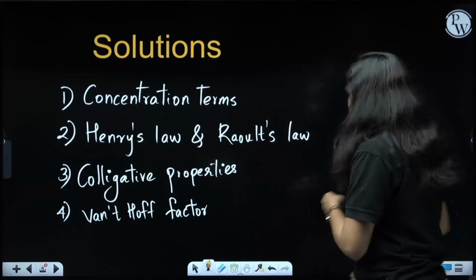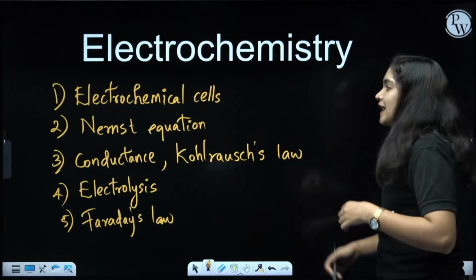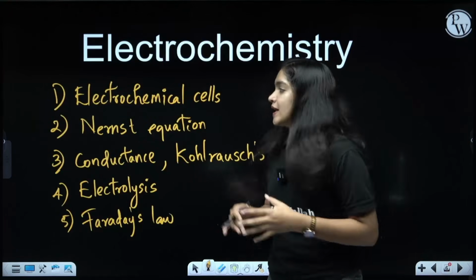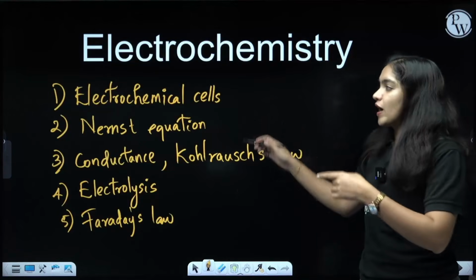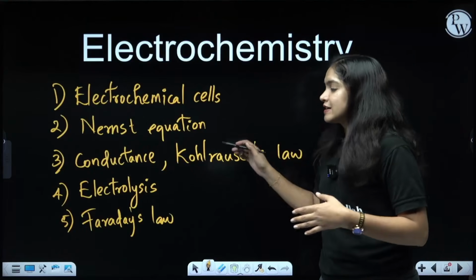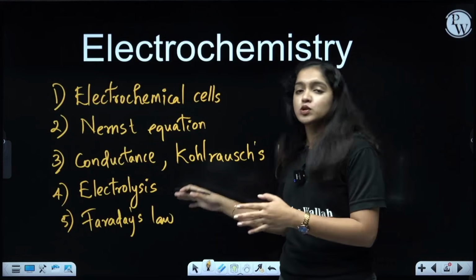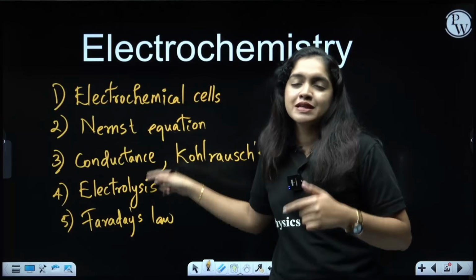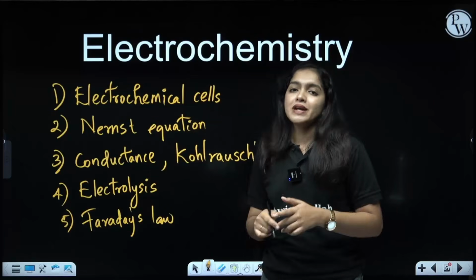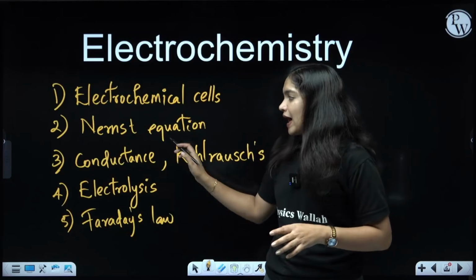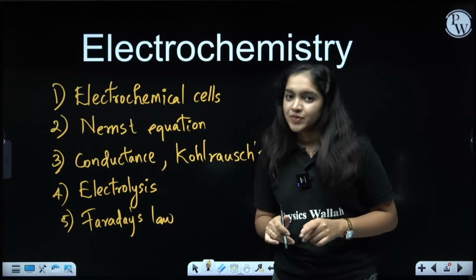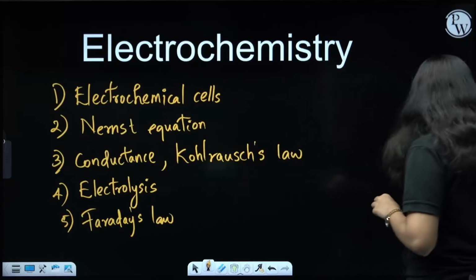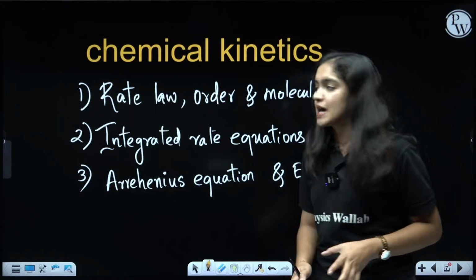And when we go to the second chapter, that is Electrochemistry. Electrochemistry is also a numerical chapter and we need to give importance to these 5 topics: chemical cells, Nernst equation, conductance, resistance, electrolysis and Faraday's law. Many equations and numericals will be coming from Faraday's law and the conductance section. Clear? Then the third chapter is our Chemical Kinetics chapter, and that is also a numerical chapter and we need